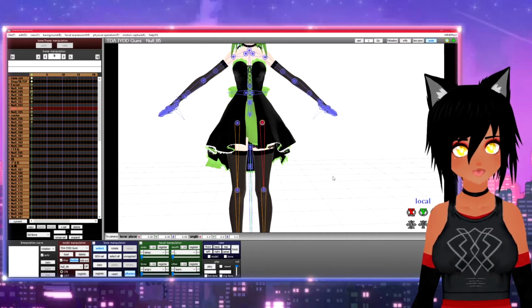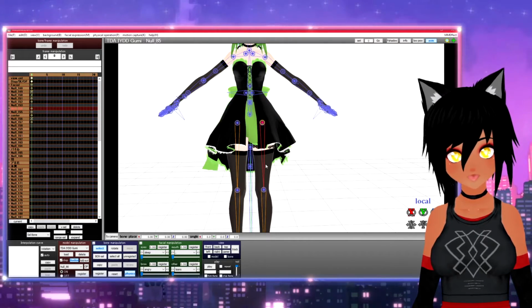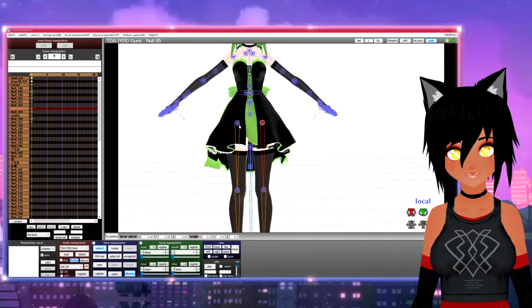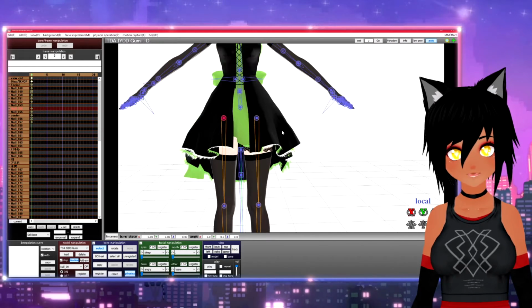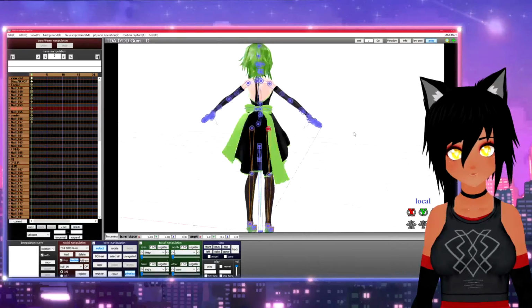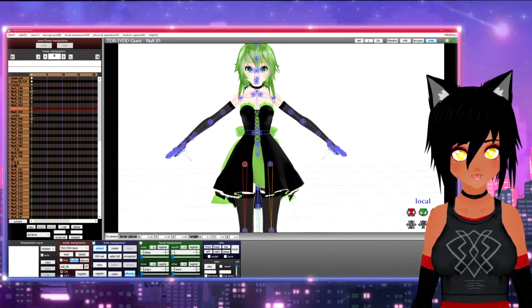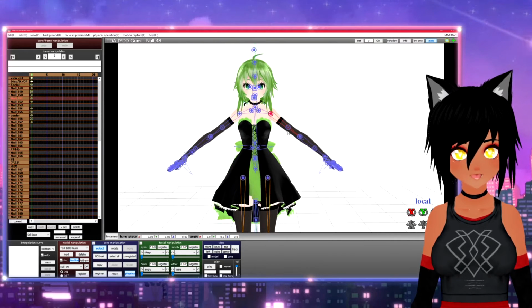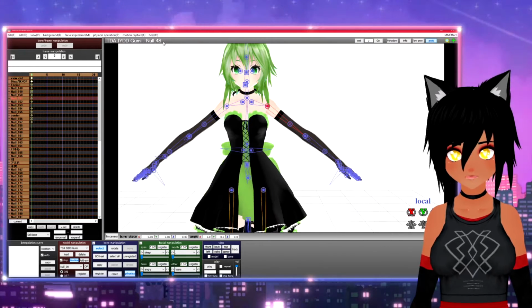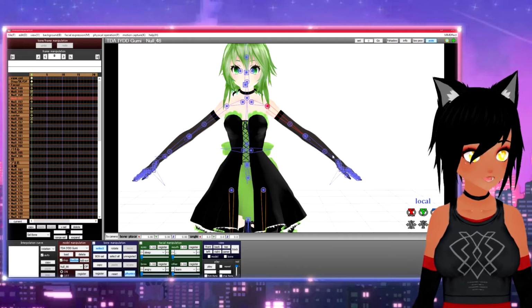I don't know how to describe it, they're bones. Let's hit her shoulder. So here's her shoulder bone, or null 48, as the professionals say.